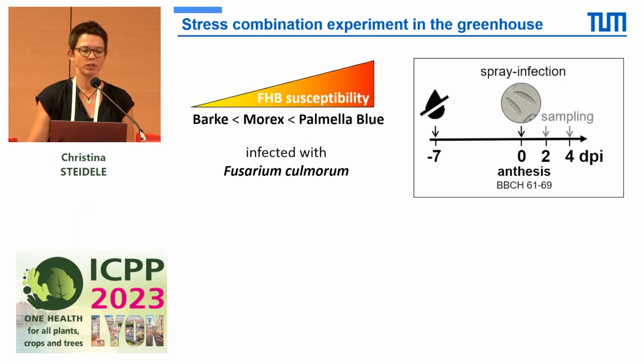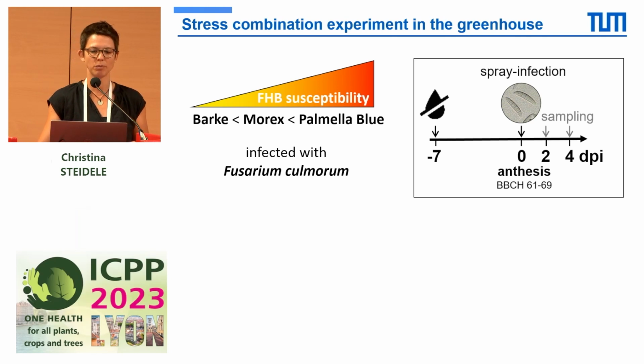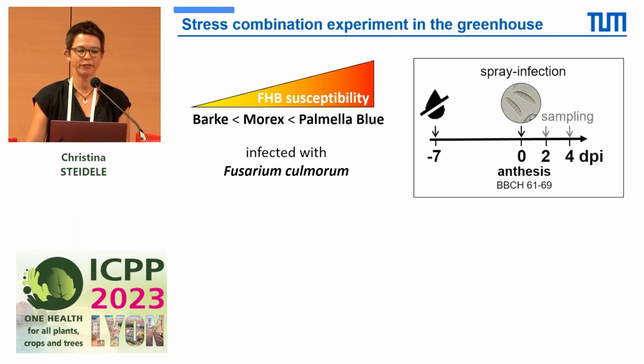So we have chosen 3 different spring barley varieties called Barke, Morex, and Palmella Blue, and we already knew that they have a different range of susceptibility to Fusarium head blight. We infected them with a Fusarium culmorum strain, and our experimental setup was done in a way that we stopped irrigation 7 days before flowering, and then we spray infected